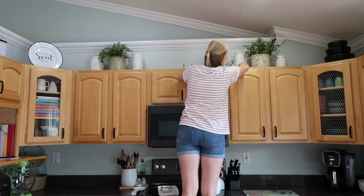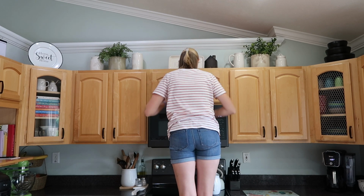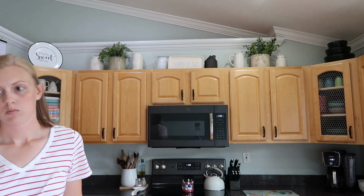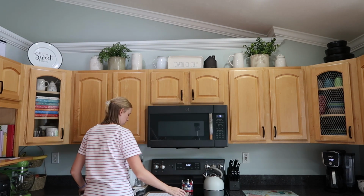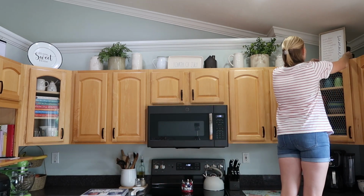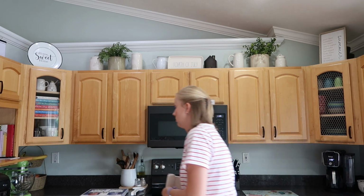The last thing we're going to style in today's 4th of July Patriotic Decor video is the tops of the cabinets. Here in the center, I'm adding a 4th of July Rae Dunn platter. And then on each corner, I'm going to add 2 new pieces of artwork that I have gotten this year. The one that I'm putting up first is from the Target dollar spot. It just says summer, and then it has a bunch of activities, but the color scheme is like red, white,